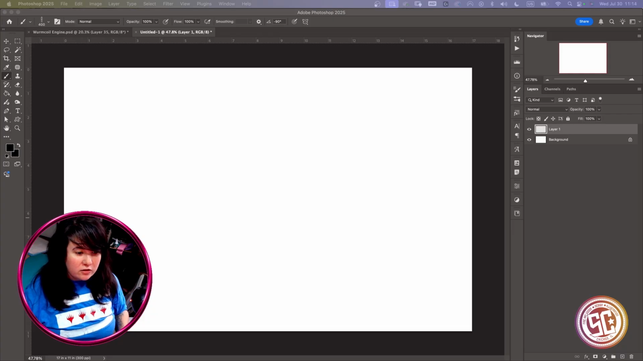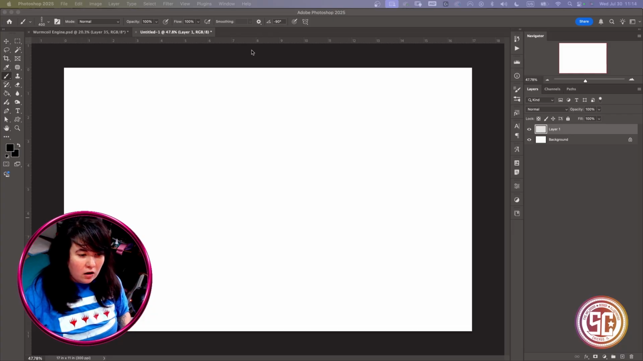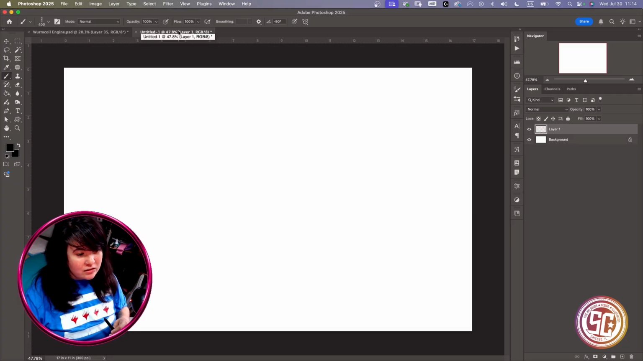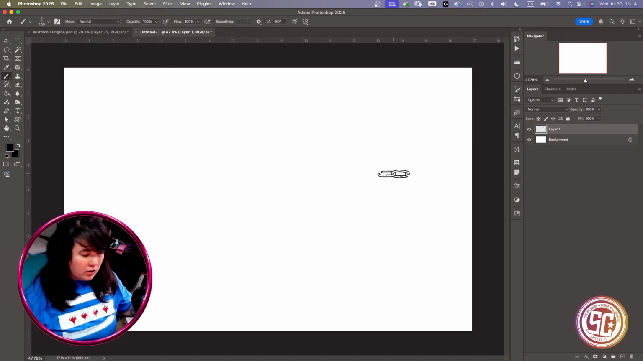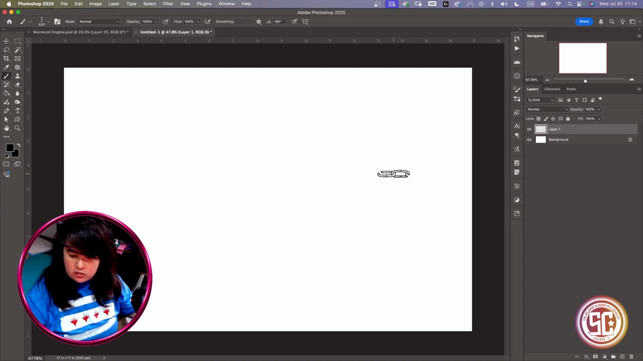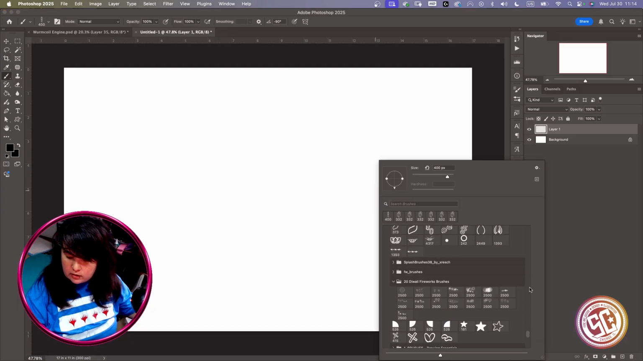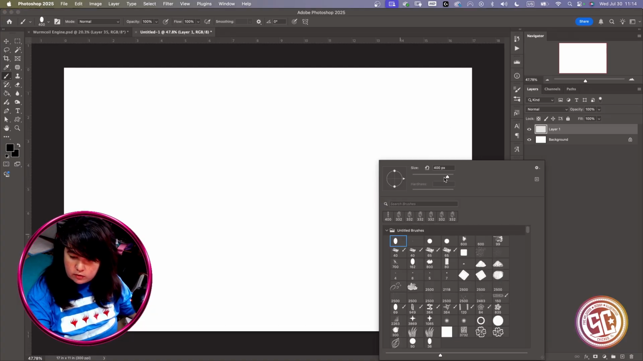You just wanna make sure that your document is high res so that your brush is high res. It can get too high res if you make it too big, but you'll know when we go into Edit and Define Brush Preset, it'll be grayed out. So I'm gonna start with a 17 by 11 at 300 DPI, and I'm going to select my liner brush that I use for drawing,